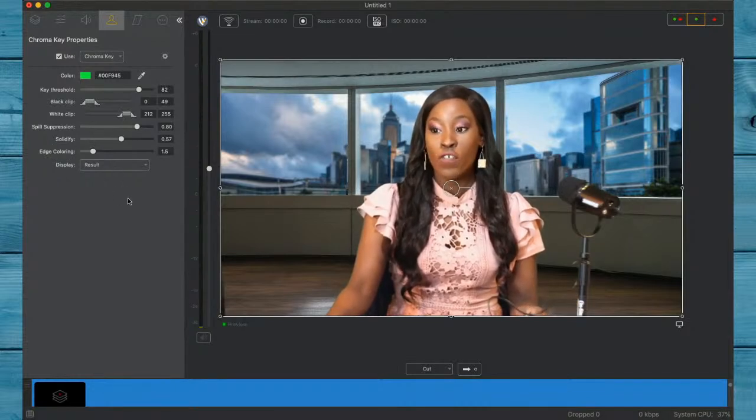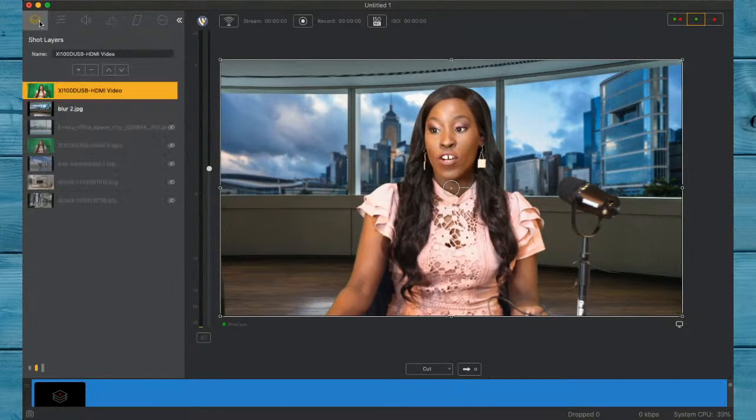Okay, so now that you've done that, another tip to turning that up even a little bit more is color correction inside of the software itself. Okay, so what you want to do is just go to the color area. So make sure you have the layer selected, go in, and with the color,